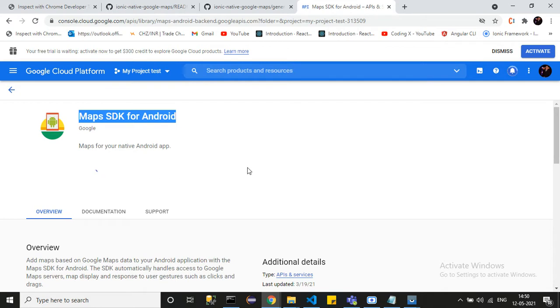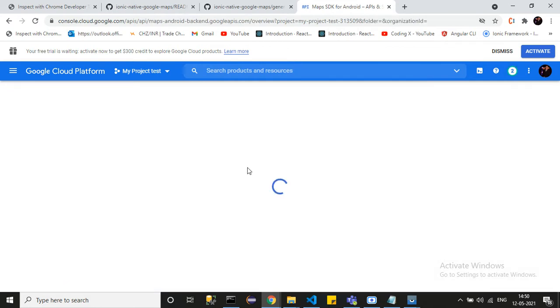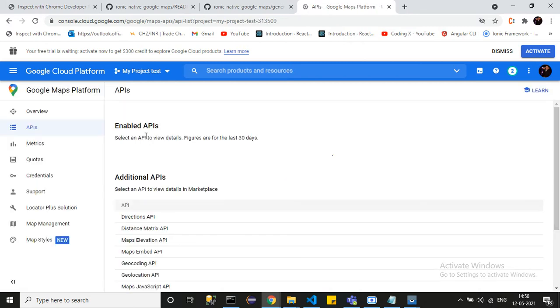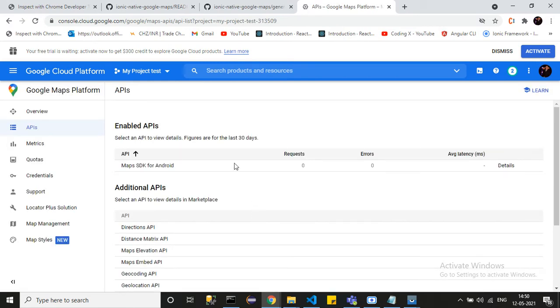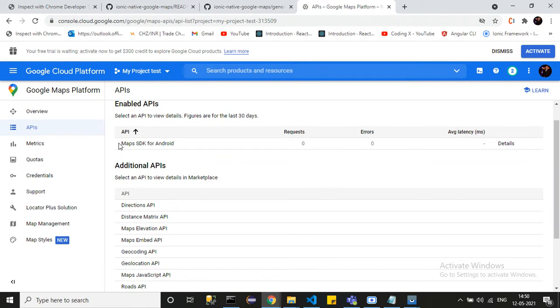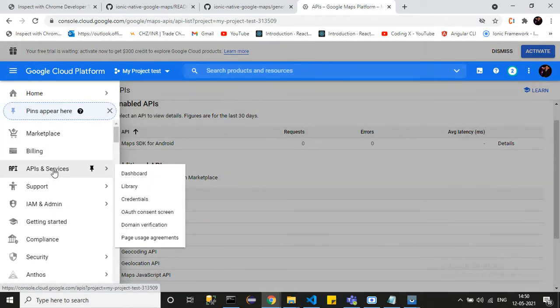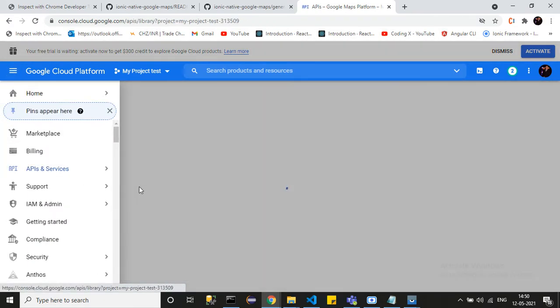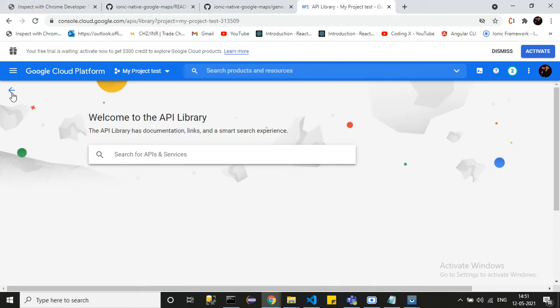After that, we are going to generate a credential, an API credential for this. That I'm going to do. Okay. So this is my Android SDK. Yeah, now I think we have to go to library. No, no, sorry. To go to credentials.